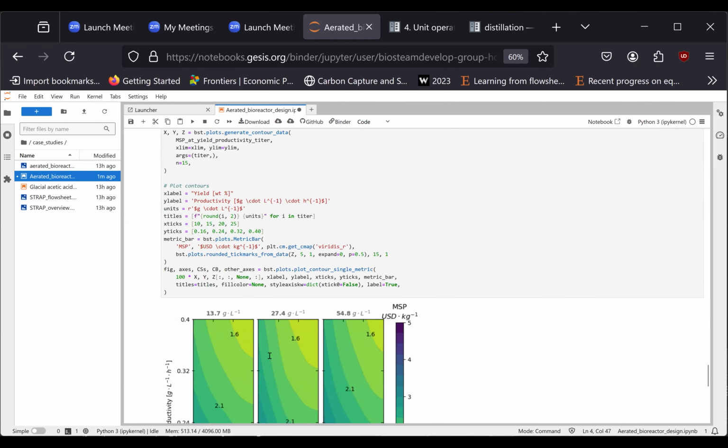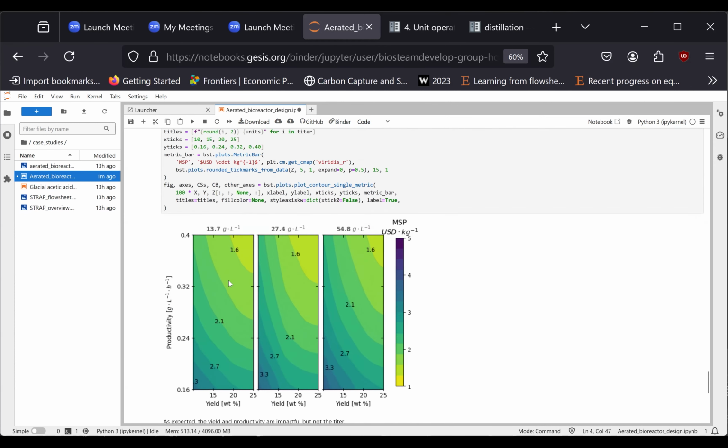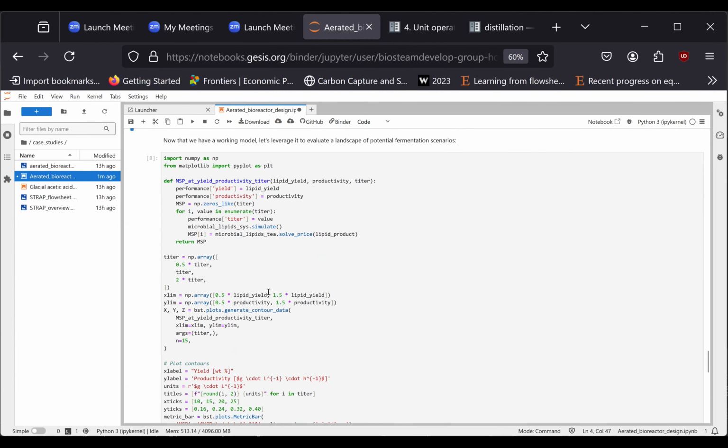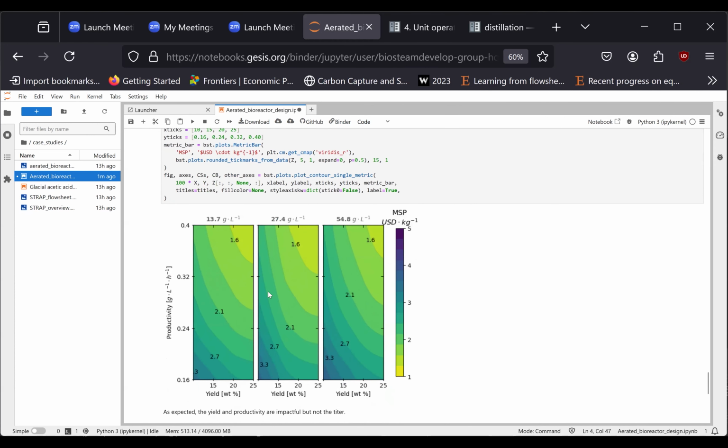And down here, we're performing a sensitivity analysis. Now, I won't go into detail about the code, but the main idea is that BioSTEAM has some tools that you can use to make these plots a little bit quicker rather than coding everything on your